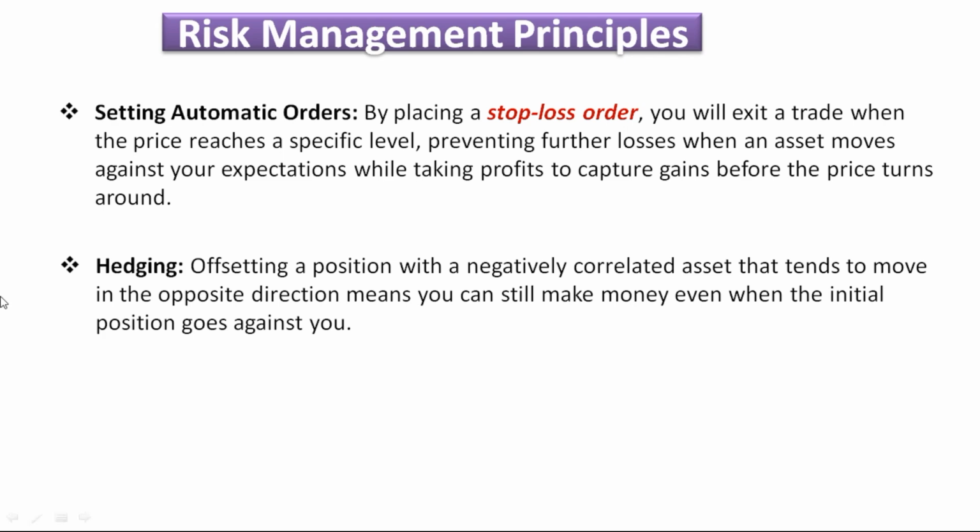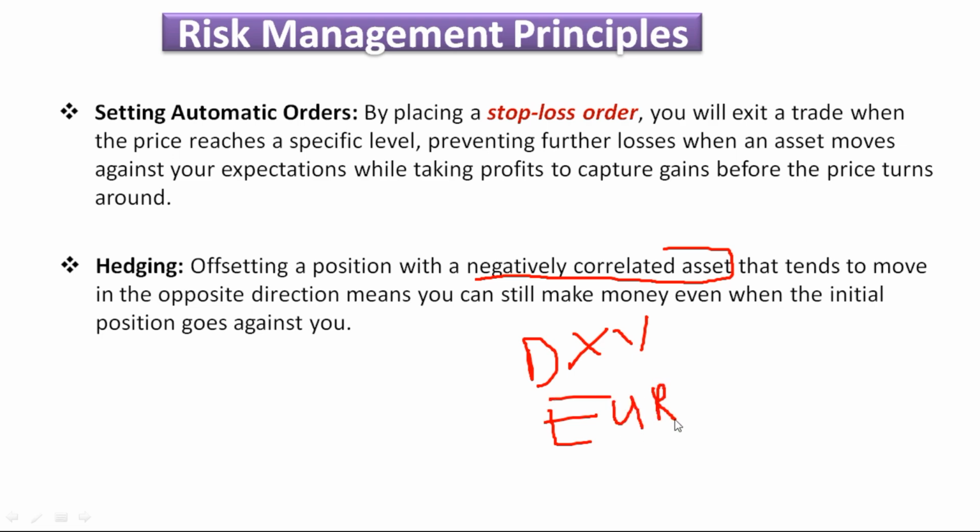So now this is very important, guys. There are some pairs that if you take them in the same direction, they can really affect your account. We call them negatively correlated assets. So assets like DXY and Euro USD. DXY and Euro USD are negatively correlated. What do we mean by this? It means that